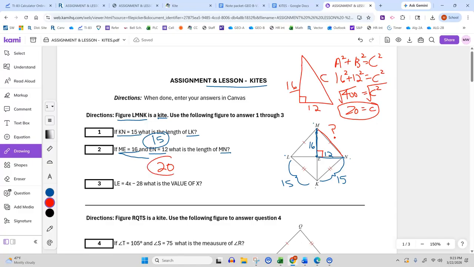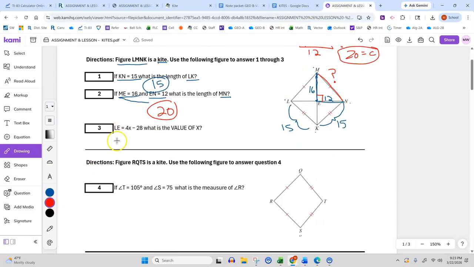question number 2. Always remember, if you're looking for one of these sides and you have these two here, the legs, you create a right triangle, and it's this side squared plus that side squared equals this side. Okay? All right, so let's look at number